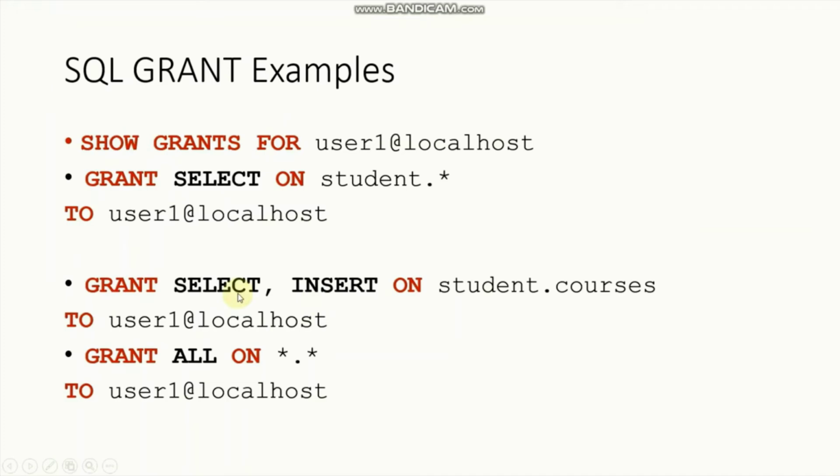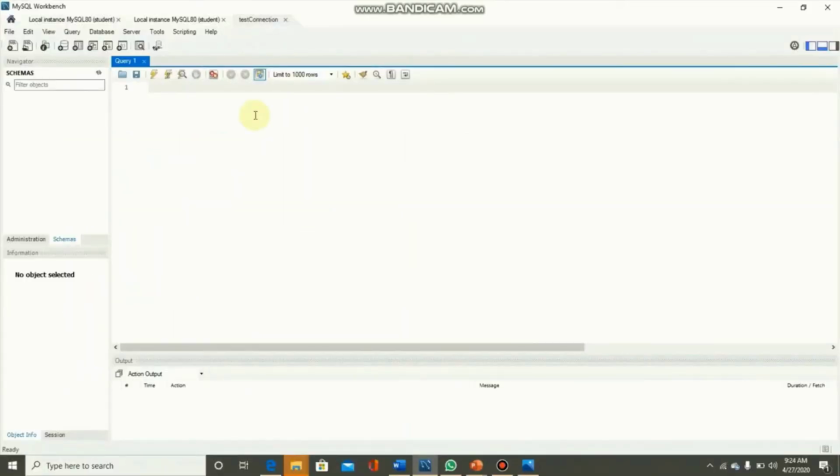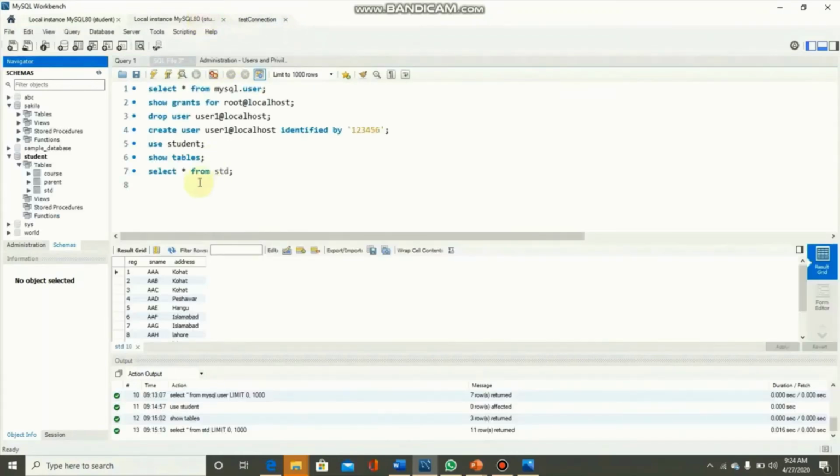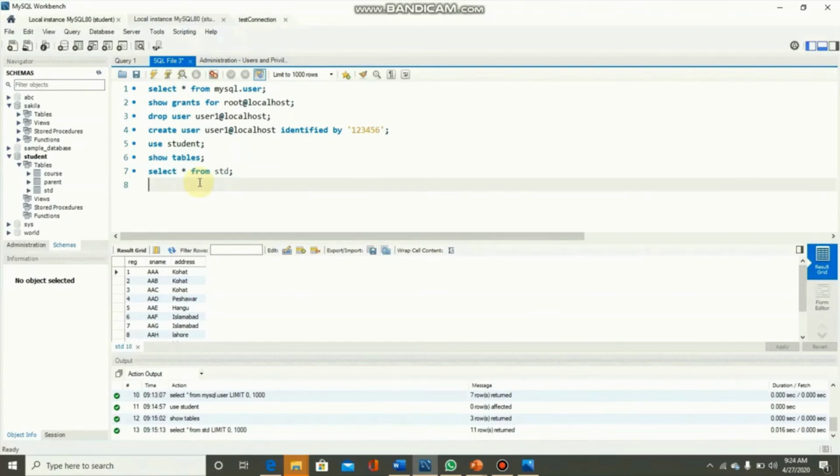So the second example is about giving select privilege to user 1 for the student database. For this purpose we will type this code in our workbench. Now I will move to the root user, and here I will type the command for granting the select privilege to user 1 on the student database.